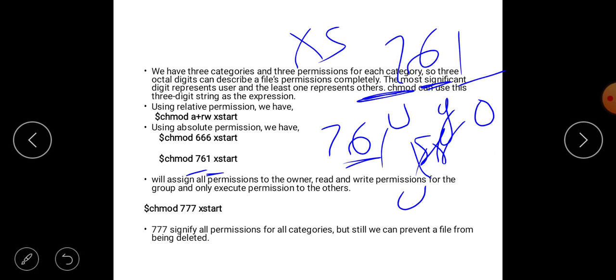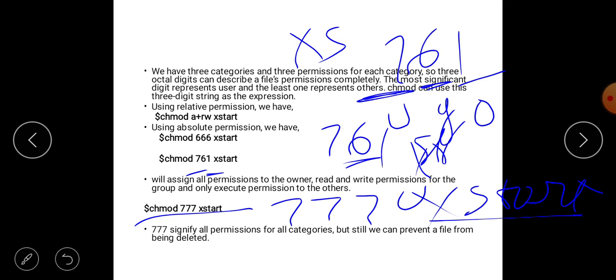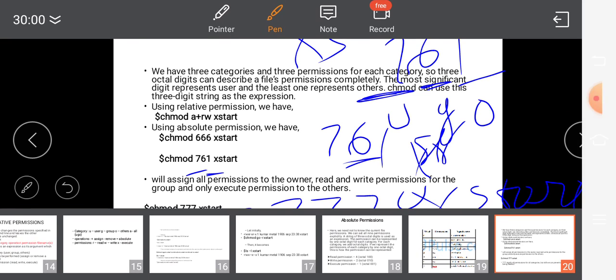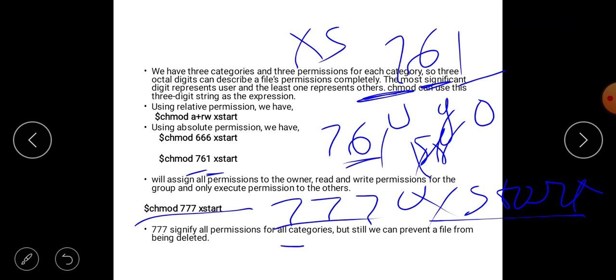Next example, chmod 777 star. For x star file, I want to change all 3 categories of permission. 777 signifies all permissions for all categories, but still we can prevent the file from being deleted.